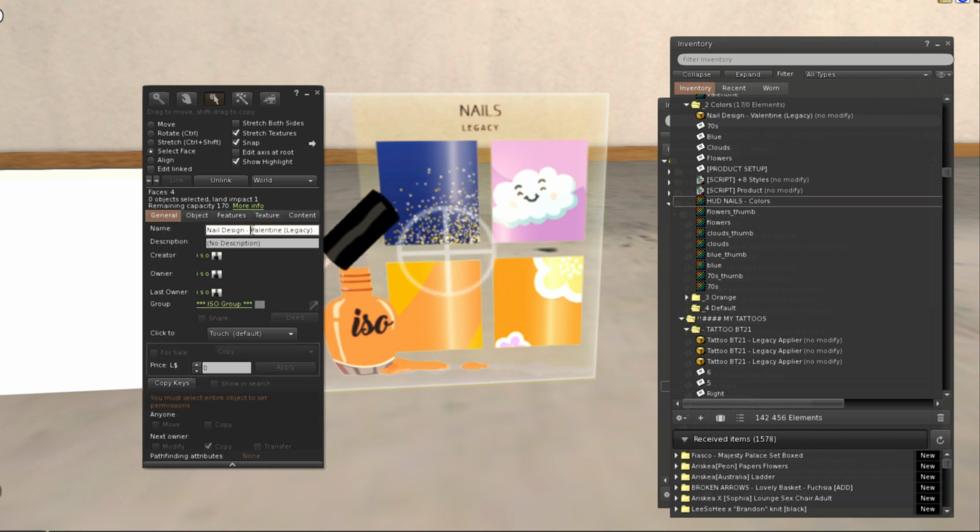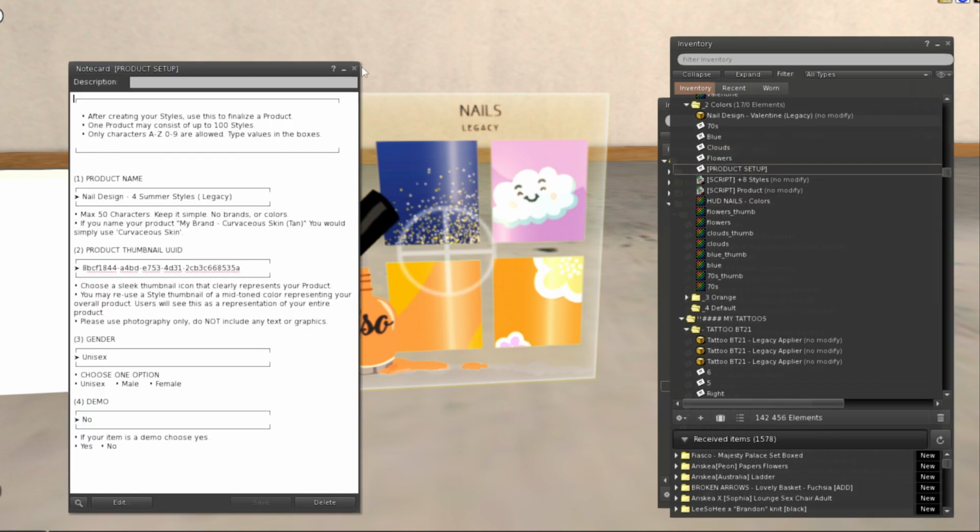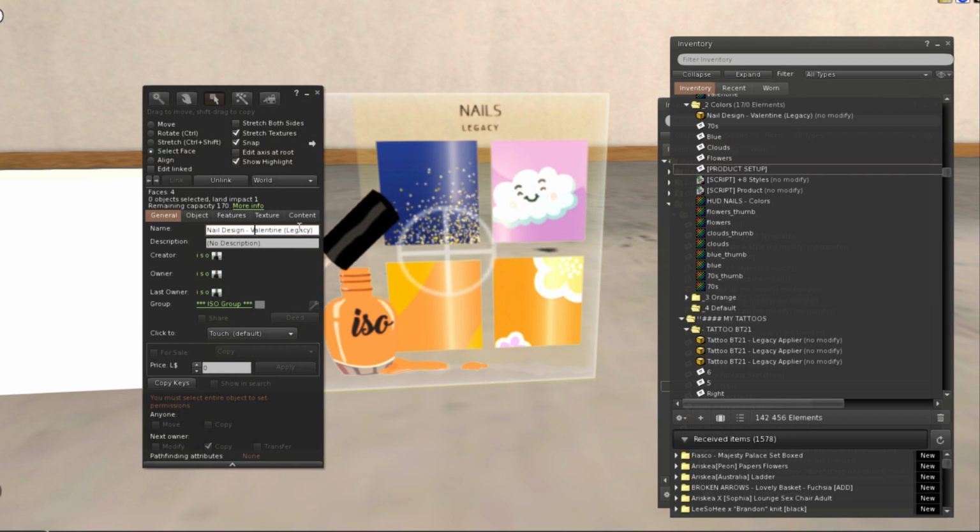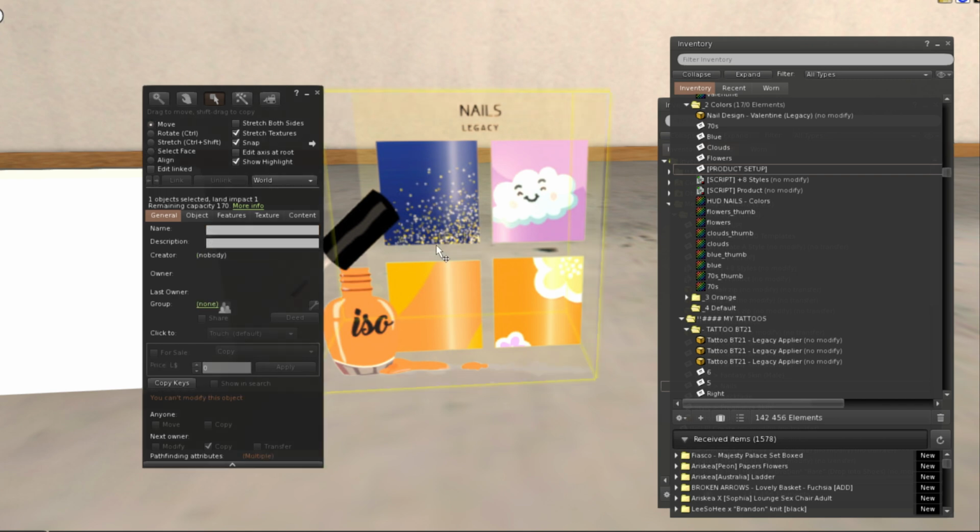I just rename it. I don't remember how, Summer Styles, okay. Summer Styles. You call it whatever you want, right? Summer Styles. Okay. I check, okay, it's copy only. That's great. Now I move this button